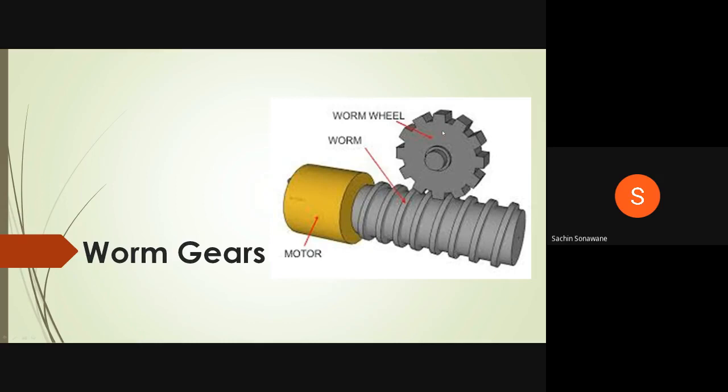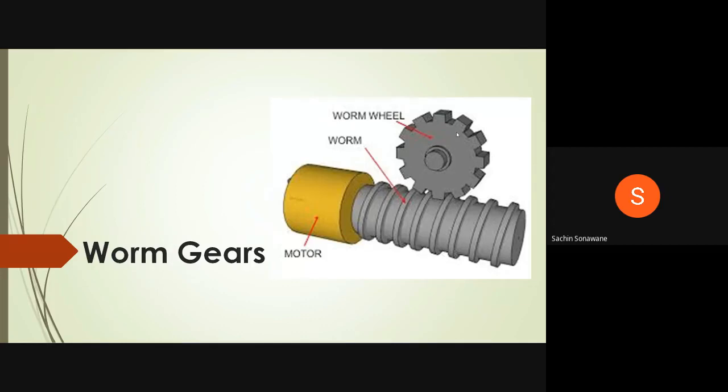Therefore, you have to understand that when this worm or screw rotates by 20 to 50 revolutions, the worm wheel will rotate by 1 revolution. Therefore, for worm gears, a large speed reduction ratio can be achieved, maybe from 20 to 1 to above, 50 to 1, 100 to 1. Therefore, you will find that worm and worm gear are used in material handling equipment.